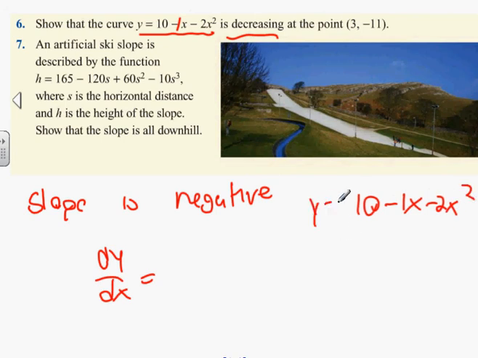Well, we're not just taking out the 10. Take out the 10, yeah. And what about the minus 1x? It's just minus 1, yeah. And this part behind it? Minus 4x. Well done. Okay, now,